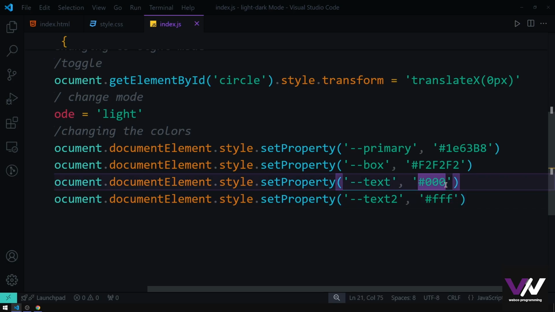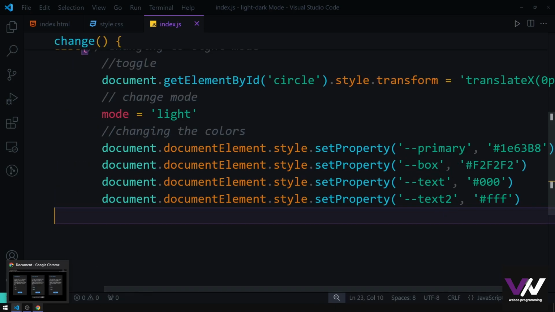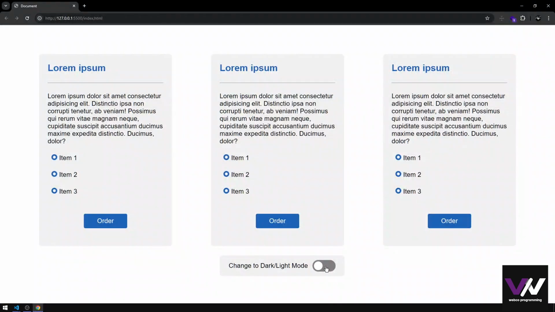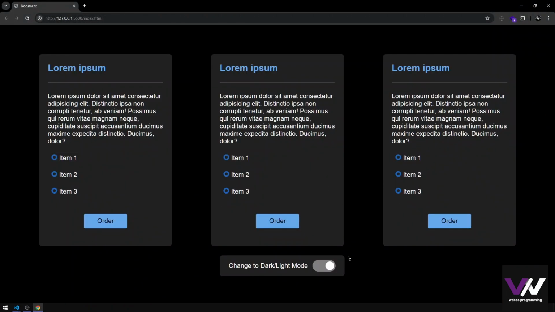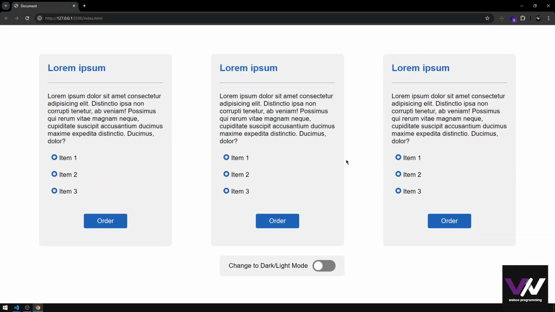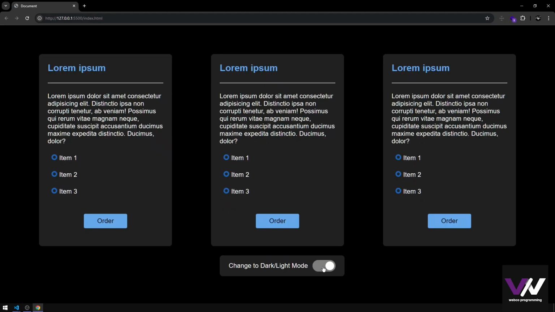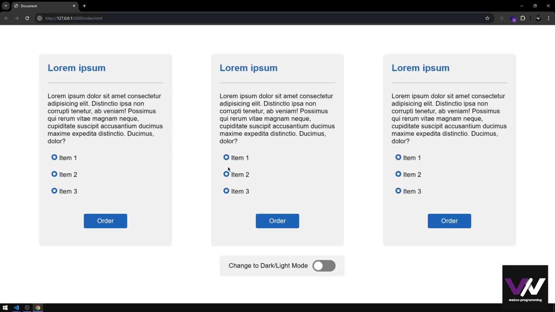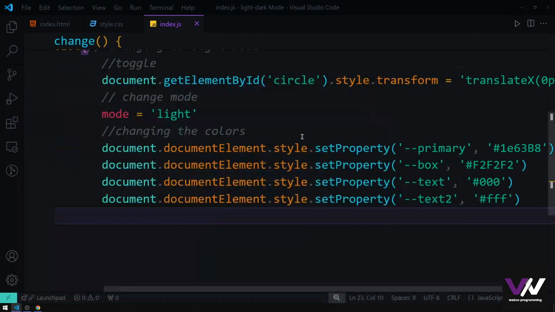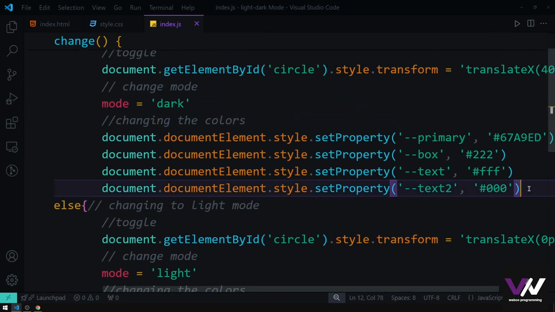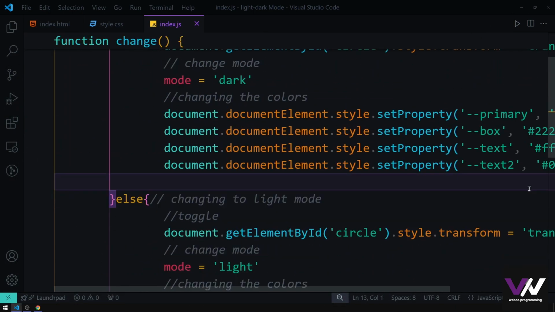And you probably know, but for the ones who don't know, this is the hex code for the black, and this is the hex code for the white. Now, if we come to our web page, you can see if we click once, we got our dark mode, and if we click again, we got our light mode right here. But as you see here, our list items have not changed, and we got exactly the item that we got right here. And for changing those items, what we need to do, let's add another comment right here, change list